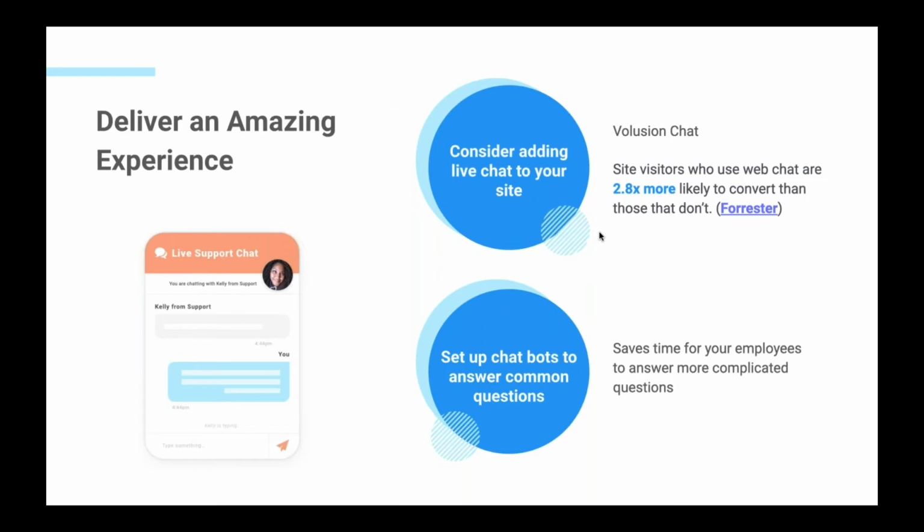And it's okay if you don't have a ton of employees to be able to man a live chat. That's okay too. Setting up chatbots can be hugely beneficial. Whether it's on Facebook Messenger, which is a really popular one and super easy to set up, or directly on your website through a third-party tool, like Live Chat, which we are also partners with. They're also good to integrate into your Volusion store, or Snap Engage, either one. Using those will definitely help you,